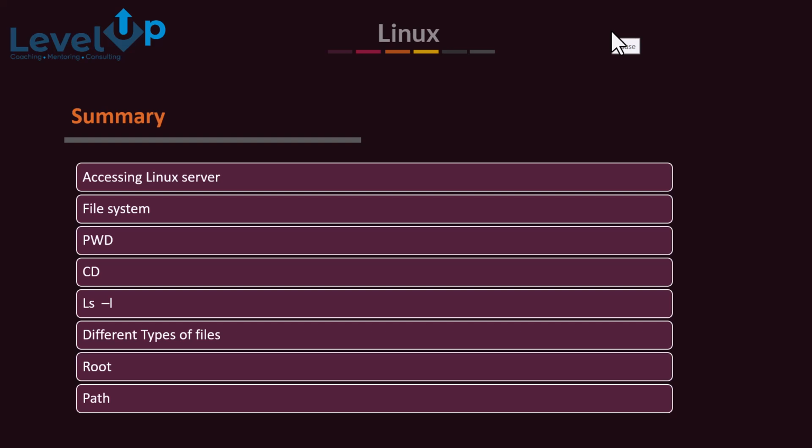Then we looked into the cd command, and then we understood different types of files like files, directories, etc. We also understood about root: the root folder, root account, and root directory. And then we understood about paths, called absolute path and relative path. These are the different things that we have learned in this